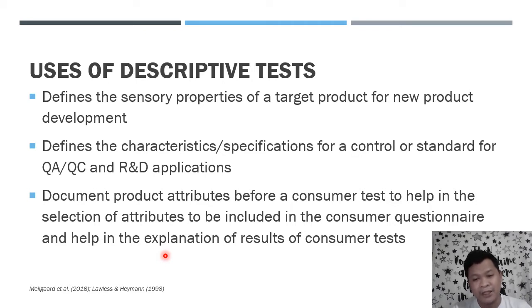Most consumer tests would require you to, or rather all consumer tests would require to have a set of carefully worded questions. And if you cannot describe your own food properly, you can ask open-ended questions. Pero kung gusto mong mas determined, like, how do you like the insert descriptor here to elicit response, no? Kasi kung merong certain flavor notes yung